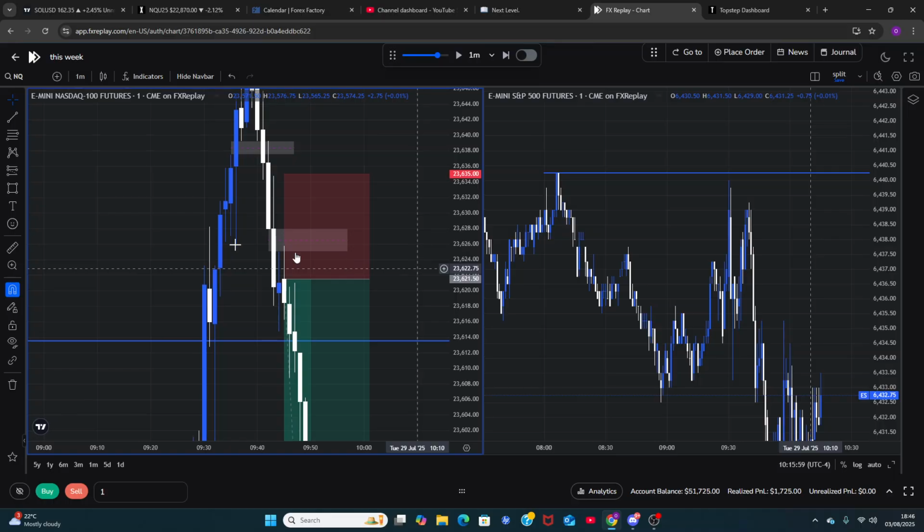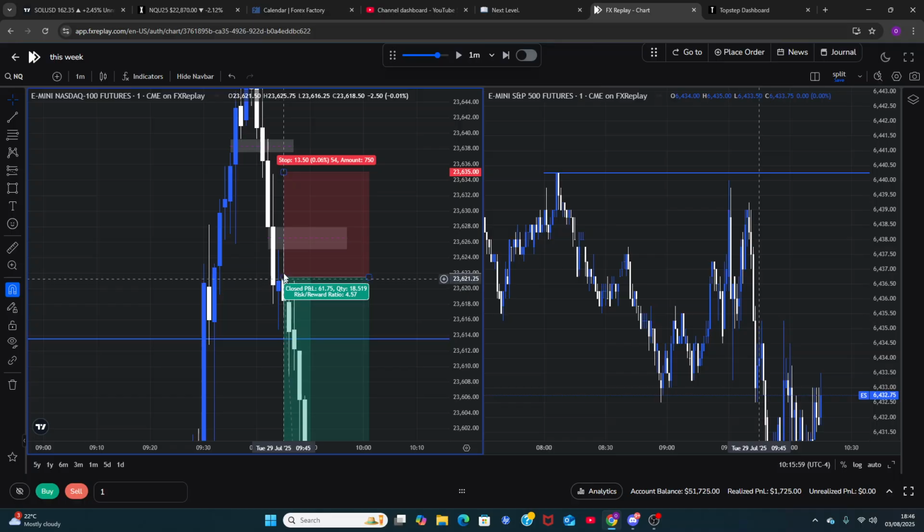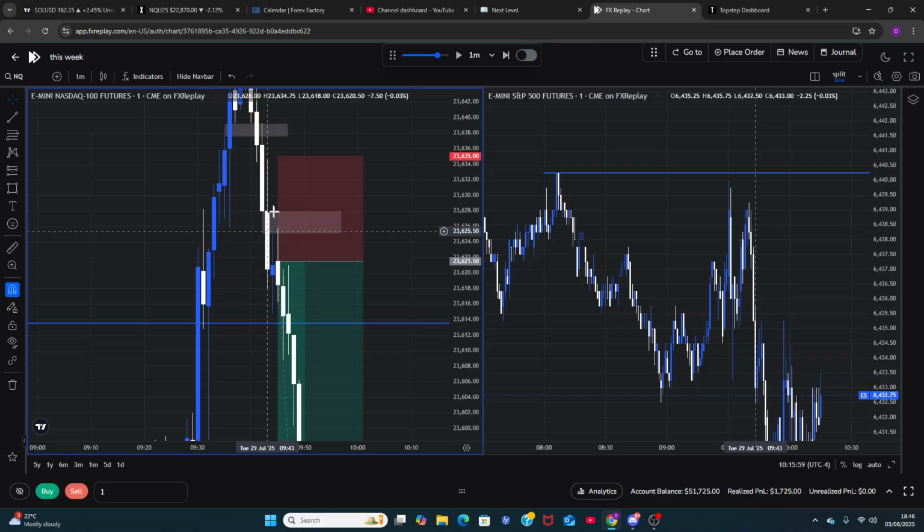Now, whenever a SIBI gets tapped really quickly and displaces straight away, that's when price is really, really fast. I promise you guys. Whenever there's a SIBI or a BISI, and price taps it quickly and just reacts straight away immediately, get in. Whenever a SIBI is barely holding or wicking here and there, wait for it to get respected. But the way this one got in and got out was very, very quick.